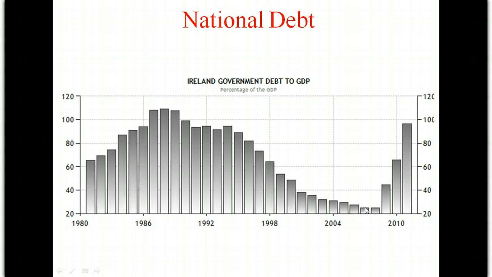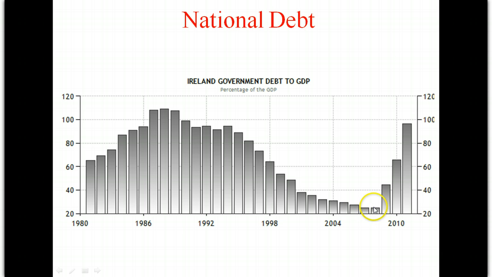So the debt burden got smaller and smaller. One point to note is that this debt burden didn't get smaller because we repaid it. Whatever debt we were accumulating back in the 1980s because of the public finance crisis back then wasn't really paid off. The national debt stayed at around €35 million right through the 1990s. But what did happen is that the economy was going through dramatic and rapid growth, so that as a percentage of GDP, the debt burden was declining, and declined all the way down to around 25%